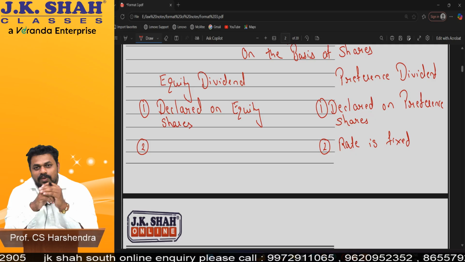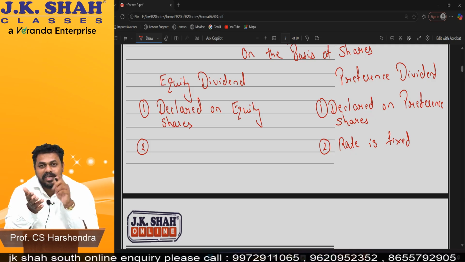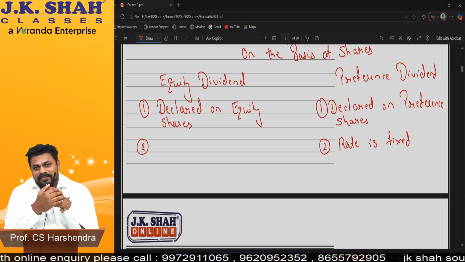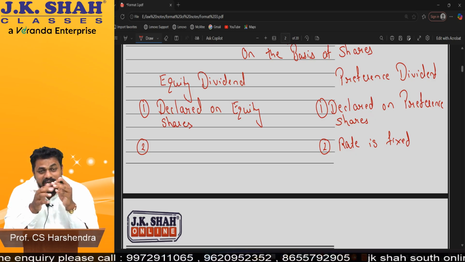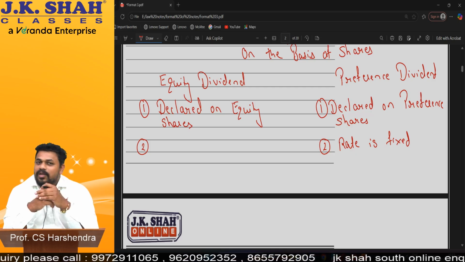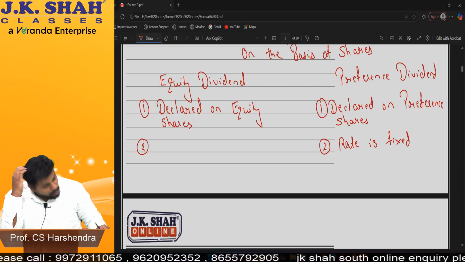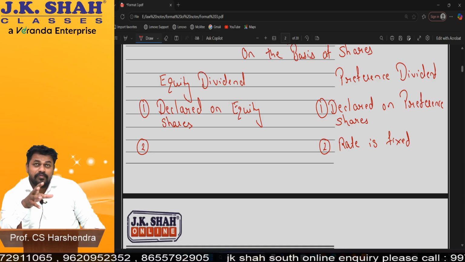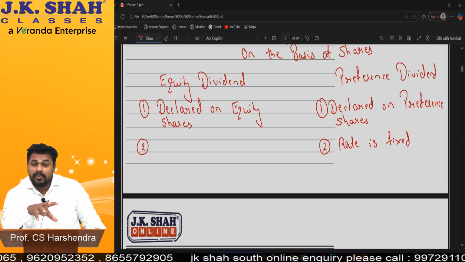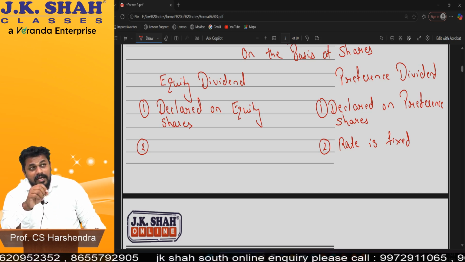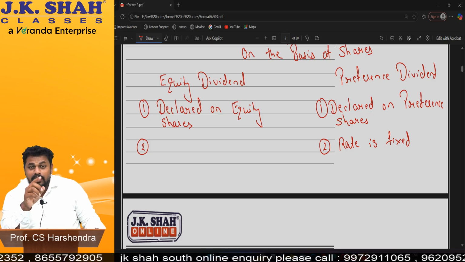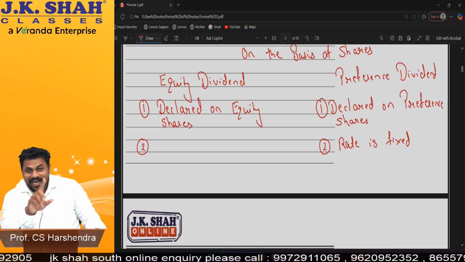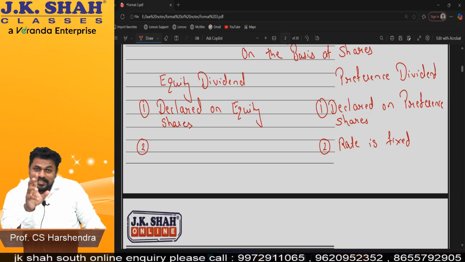Am I clear? So take Reliance Industries Limited: 1500 rupees is the market price, but face value is 1 rupee. So basically, dividend 11% is on the face value of the share. If I purchase 100 shares of Reliance at 1500 rupees, that is 1.5 lakhs. And if they declare 10% dividend, how much is the total face value of shares you hold? 100 rupees. 10% on 100 rupees, that is 10 rupees dividend you will get.